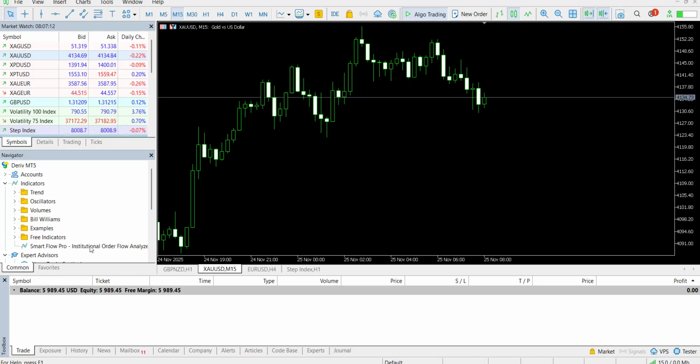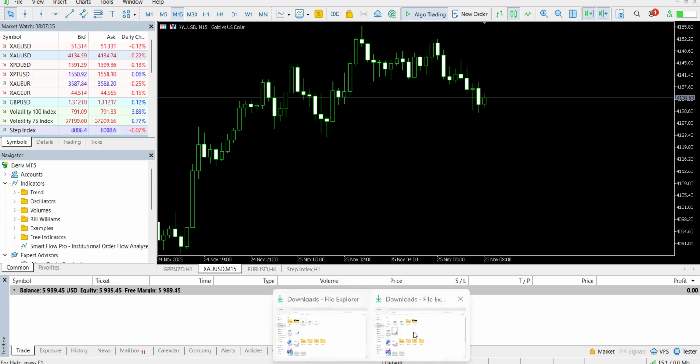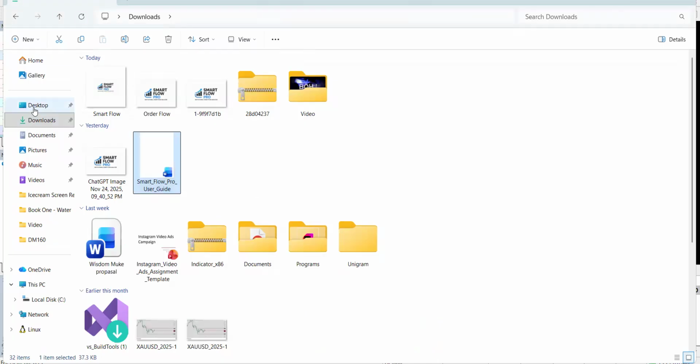Remember, this is an indicator to help you understand all those things. It will help you and tell you where to enter and when to enter. It has 3 confirmations, and once those confirmations are met, it will be able to give you an alert. So let's proceed. I'm going to go on my desktop